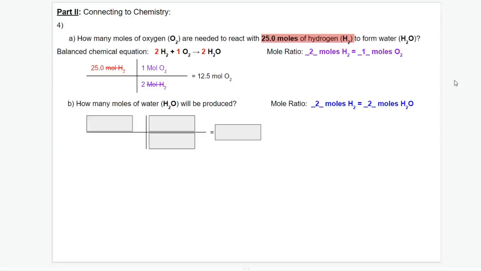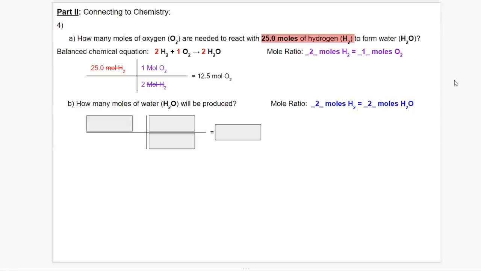So I have 2 moles of H2 are equal to, and I have a coefficient of 2 in front of my H2O, so 2 moles of H2O. Now notice my ratio here is 2 to 2. So if you want to, you can simplify this as a 1-to-1 ratio. However, when I do the math, I won't be simplifying it, so you can see where these numbers are coming